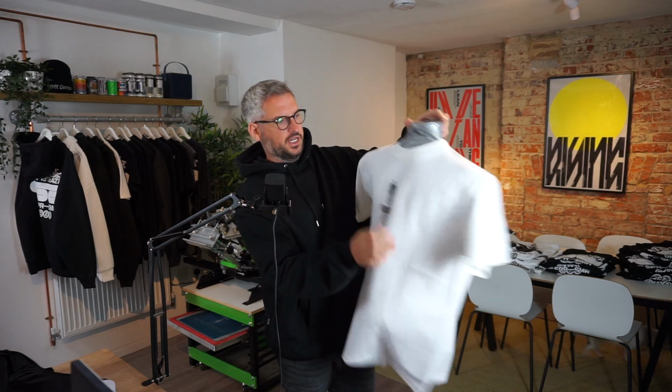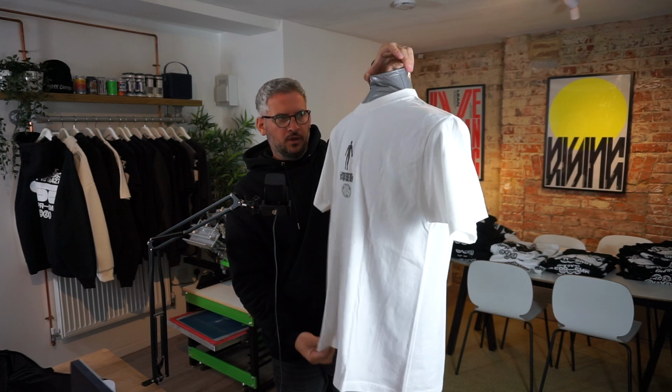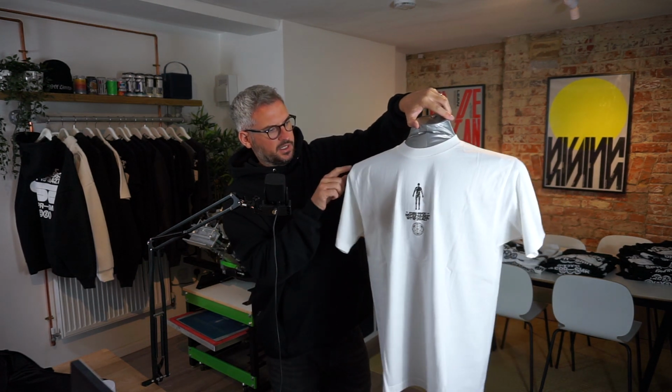So I like the shape of, you know, this side view is what I was after basically, because you could just use a coat hanger, but I quite like that you can see the chest, how it falls down on the torso as well, and the back as well, with how it goes in between the shoulder blades. I quite like how it's falling on there. So this is the effect that I'm after,